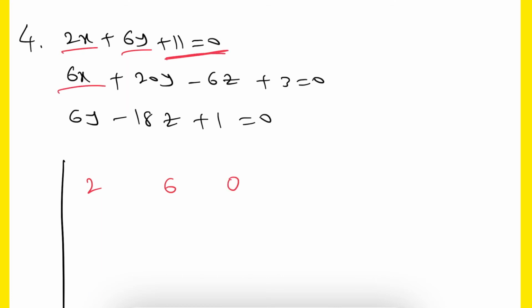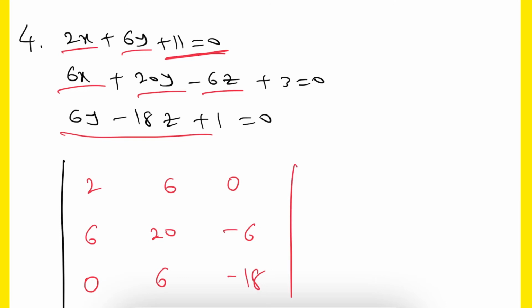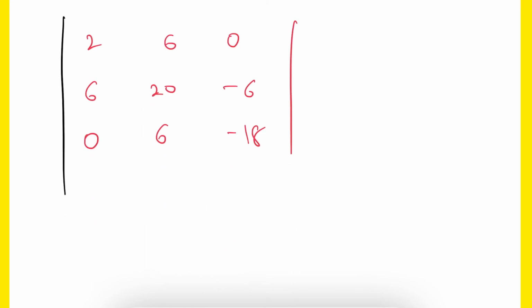Here x coefficient is 6, y coefficient is 20 and z coefficient is minus 6. Next, here the x alphabet is not there, so x coefficient will become 0. Then y coefficient is 6, z coefficient is minus 18. Okay. Now for this, let us find out the determinant. Delta equals to...